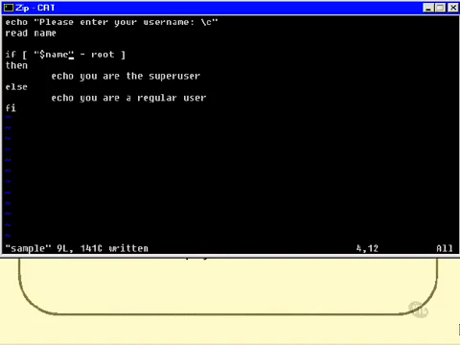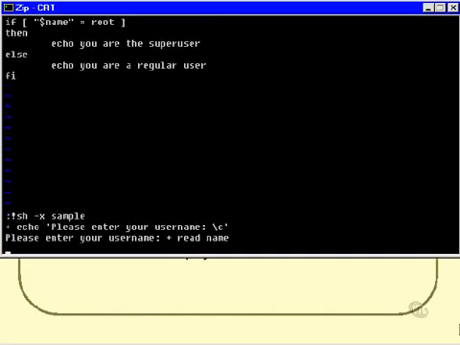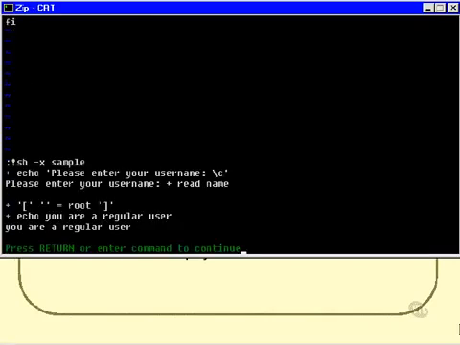And I'll run it again. And please enter your username, press enter. And this time, you can see that there actually is something on the left-hand side of the equal sign. It's the empty string, but there is something, and so the test program does not have a problem with that. And we don't have any more problems with the shell script,